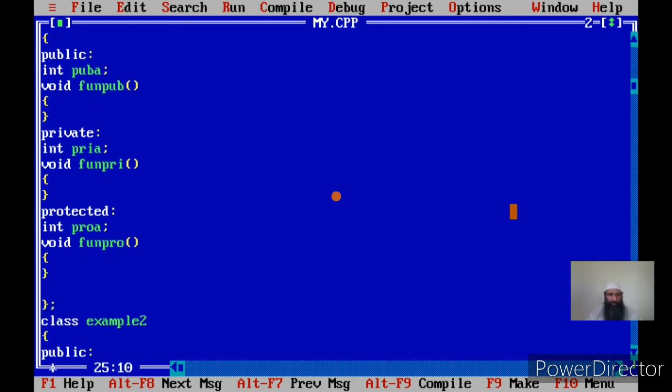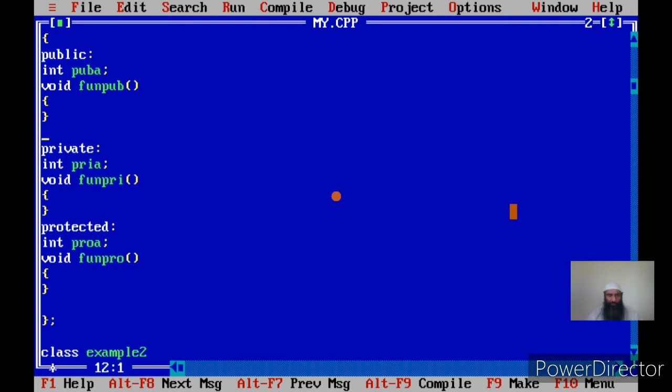Suppose I keep another function in the public area that I'll call function pub2, void, but I'll define that outside the class. I have already shown how to do that. I am writing a prototype of this function, but I'll be defining it outside the class.